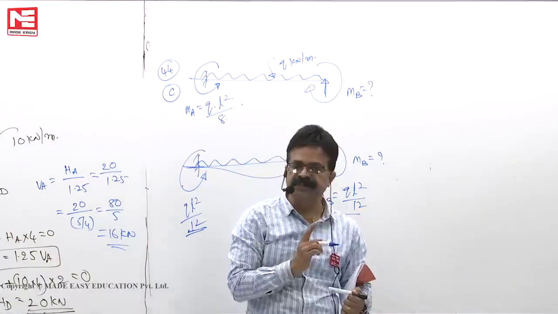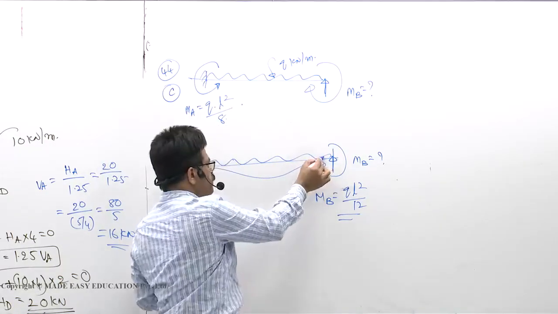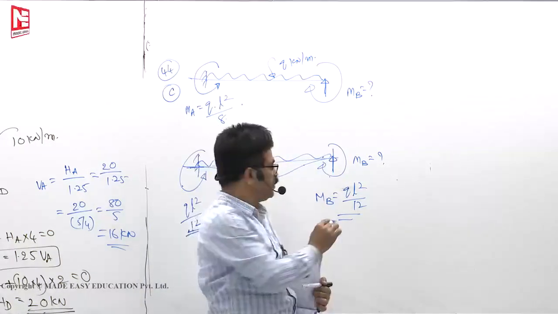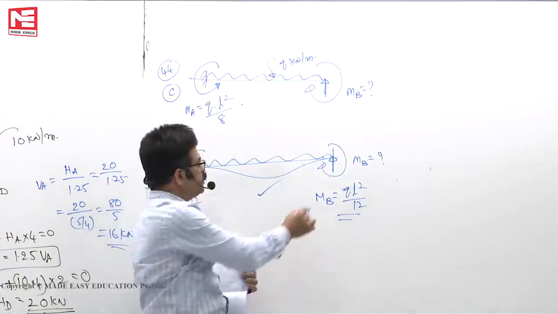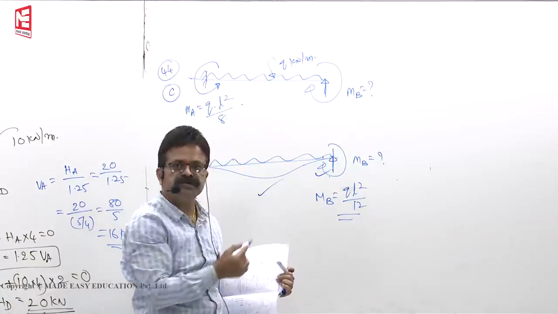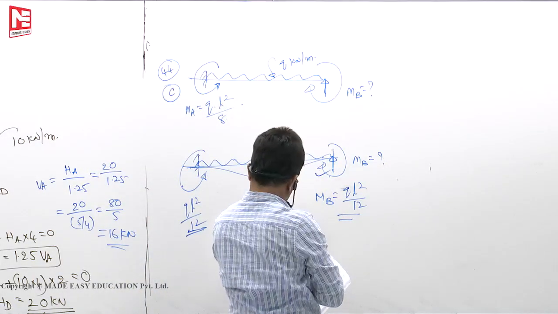This again, the same thing. How much moment you have to apply so that slope becomes 0? If slope becomes 0, what is the deflection profile? It's a non-deflection profile. For this profile, we know what the fixed end moments are. So much you apply, naturally slope will be 0. Next,